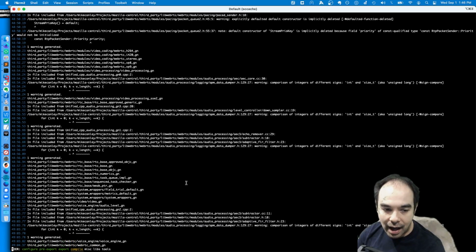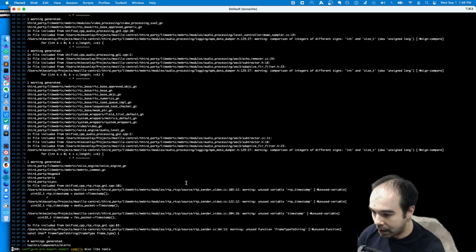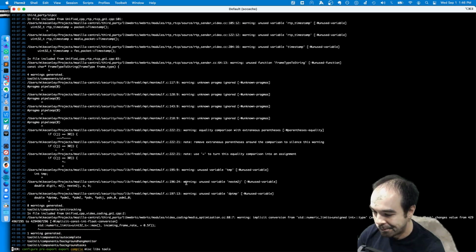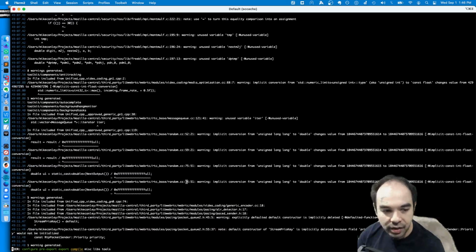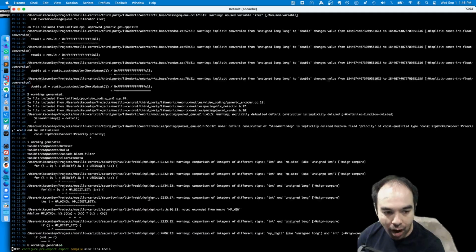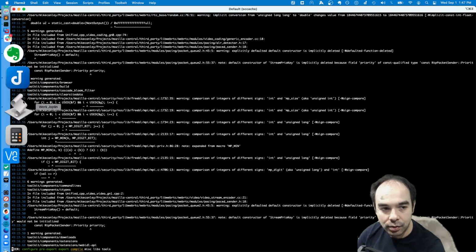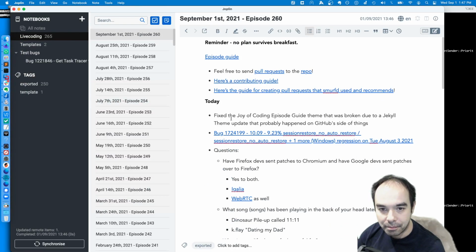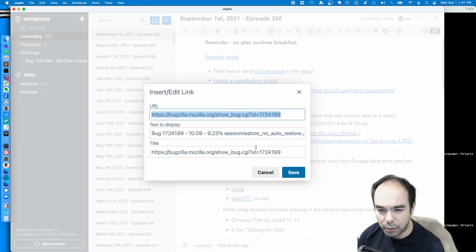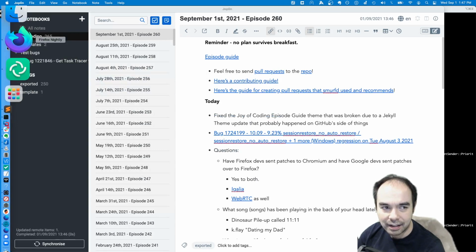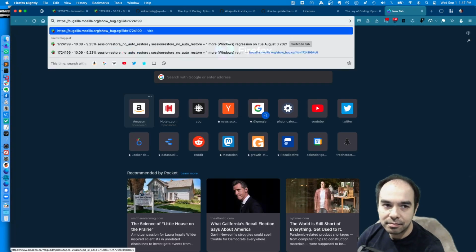Maybe while we're waiting, I can talk a little bit about the thing that I want to actually look at. Like, why am I building this thing? What's going on? I kind of briefly went into it last week, but I never got a chance to really do much about it. I think we ended up looking at some